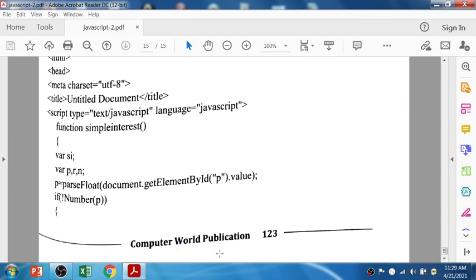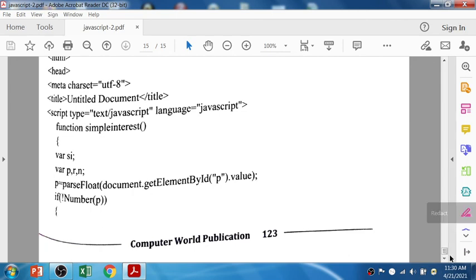I have not taken the further screenshot, but this is the simple interest program, so you can easily write the logic of simple interest, right? It is P R N upon 100. So just to show you how to use parseInt or parseFloat: parseInt functionality I have already discussed in many videos, so here I am discussing how to use the parseFloat functionality, and you can check and display the message.